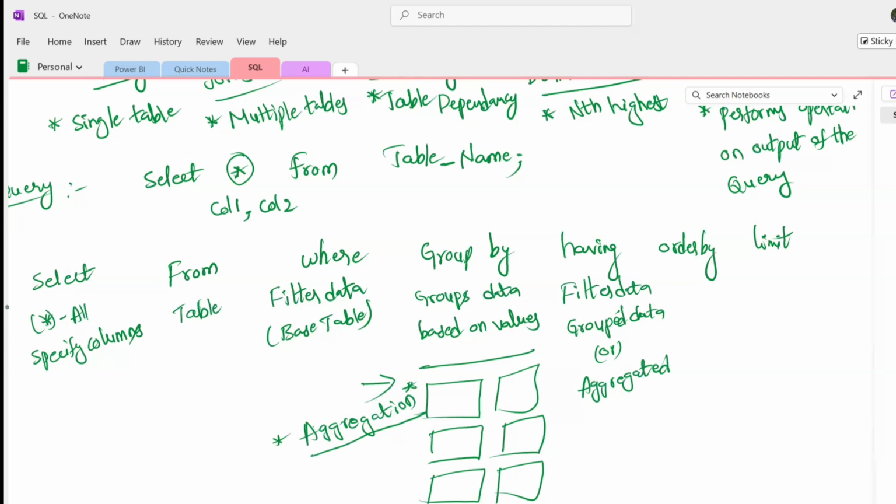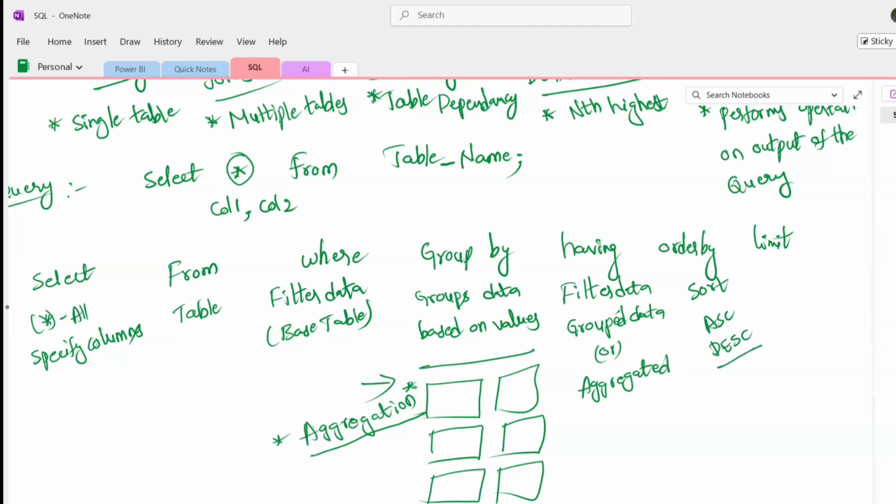count greater than 100. After that, we have order by class, which is used to sort the data in ascending or descending order. By default, SQL will sort the data in ascending. For example, if you want to sort the data based on name of the student, if you just provide order by name, by default, it will sort the data in ascending order based on name. If you want to sort the data in descending order, then you need to provide the keyword called DESC, order by